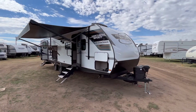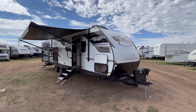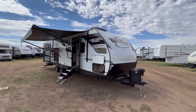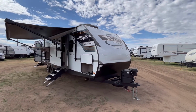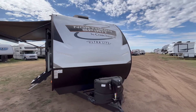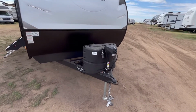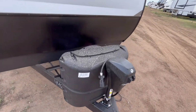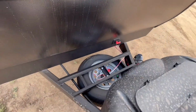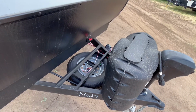All right, guys, so we're on the outside of this 2963BH, and the wind was actually cooperating with me today so I can put out the awning, which I never get to do. So up front here, you have a 3/4 fiberglass front cap with the LED docking lights, power tongue jack, two 20-pound propane tanks. You're going to have a battery disconnect back there. That's that red key looking thing there. You've got your rails for your battery, and your spare tire and spare tire carrier are up on the front,